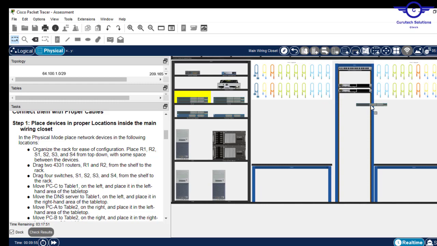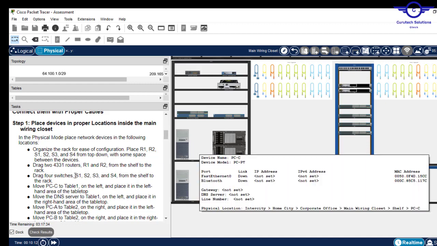So for example, we start from switch 1 here, then switch 2, then switch 3, and finally switch 4. Okay, and now we proceed to the next step, which